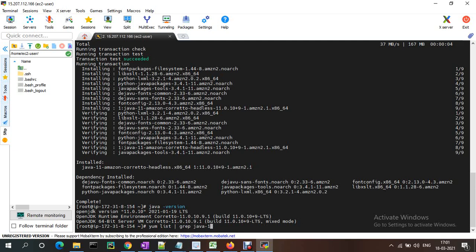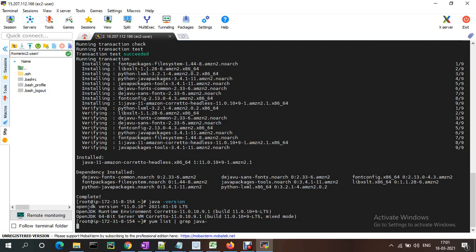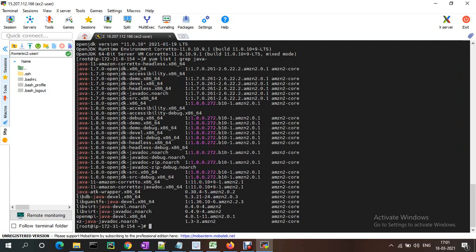You can install Java 8 also. It will show you the list of available versions. So I am trying to install OpenJDK 1.8.0. If you want to install OpenJDK devel, it will come up with the JDK and JRE. So let me install that one as well.